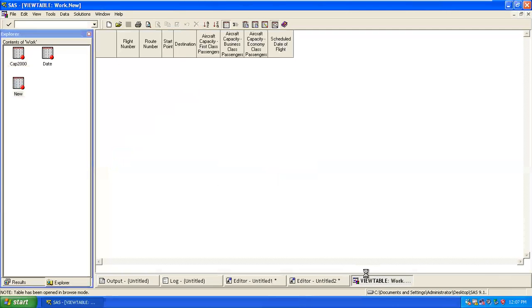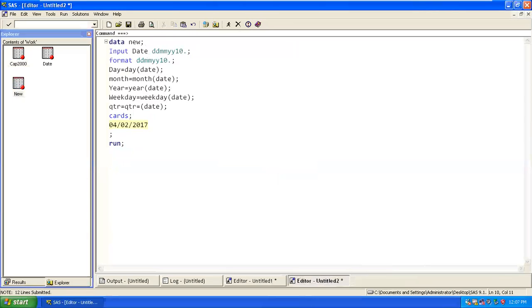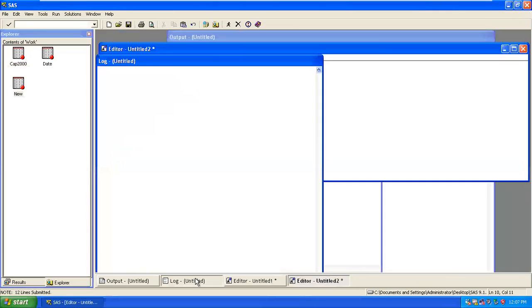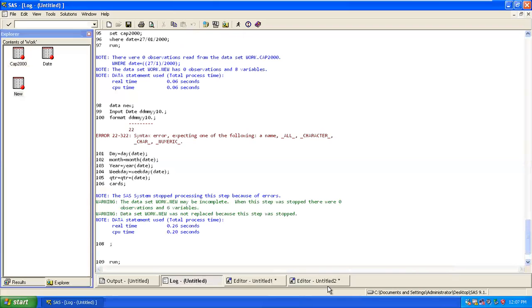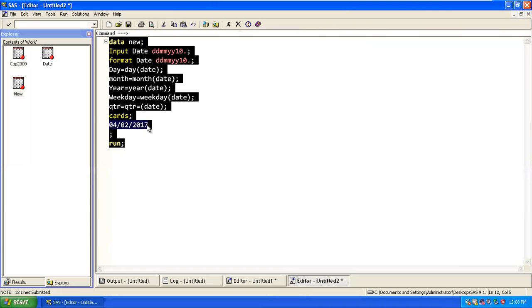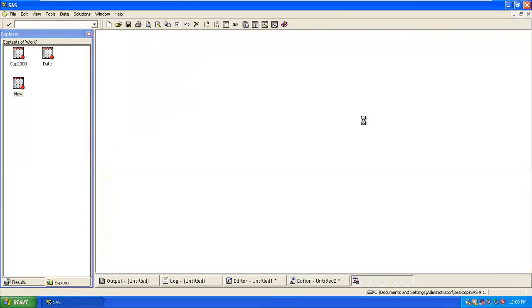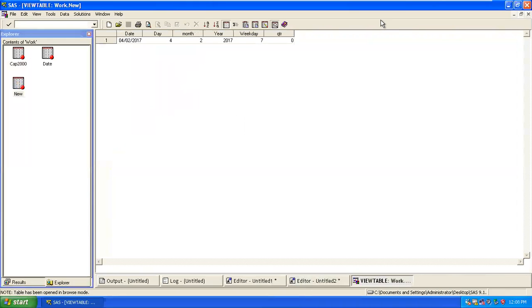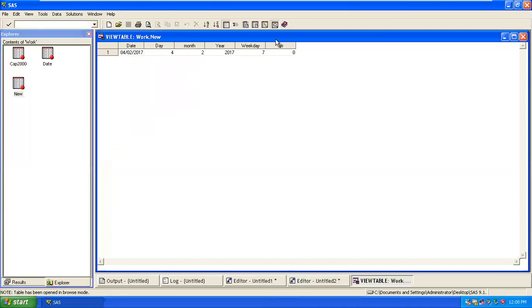there is an issue. The format numeric is date, so somewhere I need to put this over here. Now if I go ahead and execute, I'll get the output. Now I'll explain how it's working.